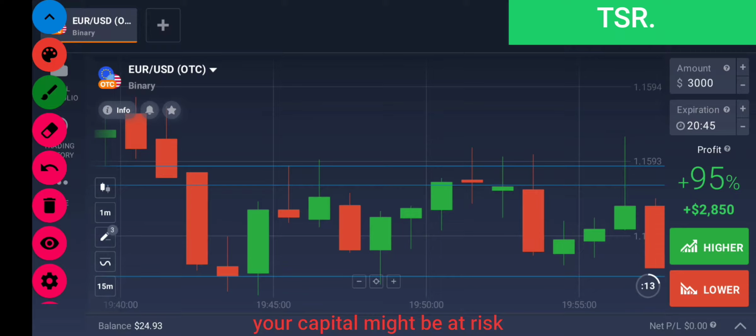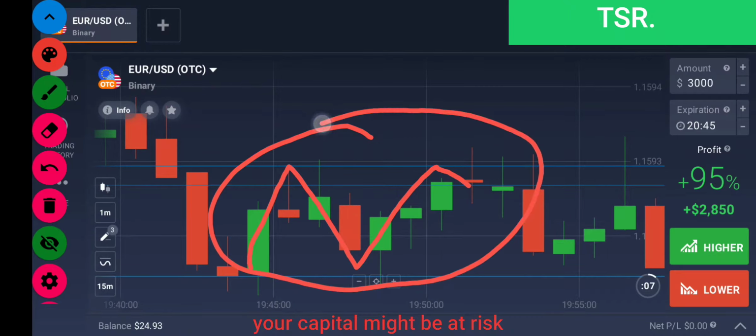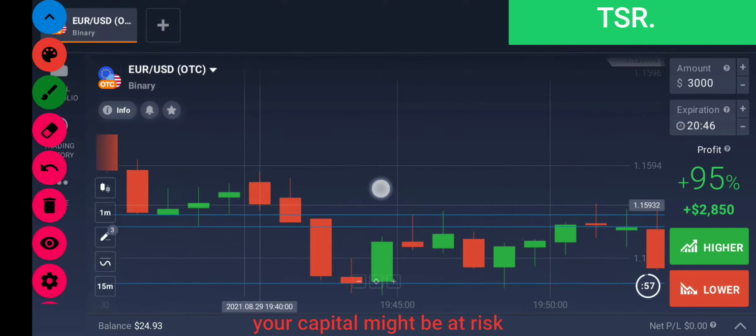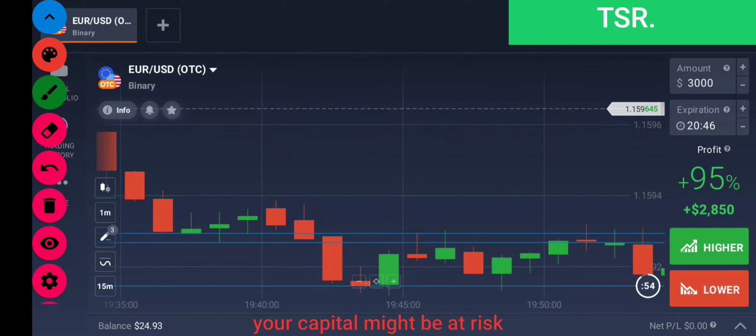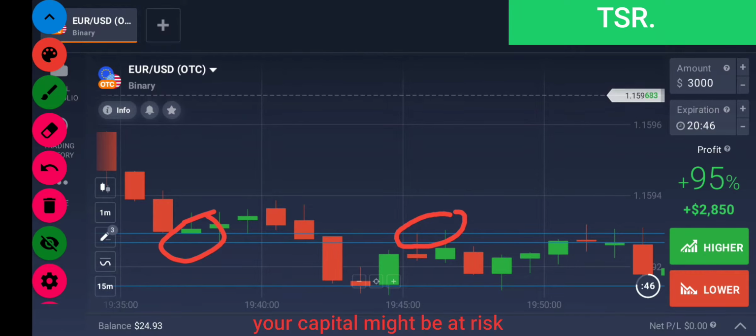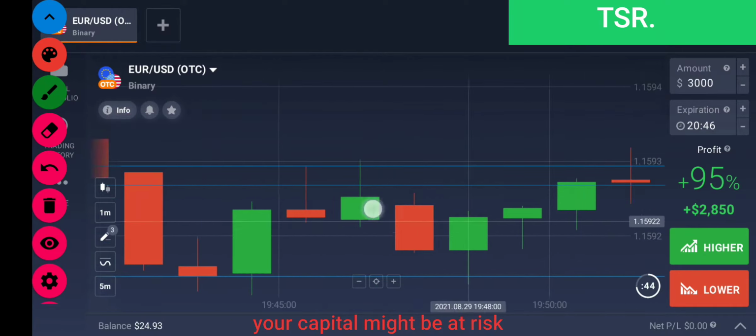I saw a ranging market, right? The market is moving from here to here to here, so this is a ranging market. In this ranging market, I'm saying that this level works as a support and here works as a resistance, right? You can see, and after that,